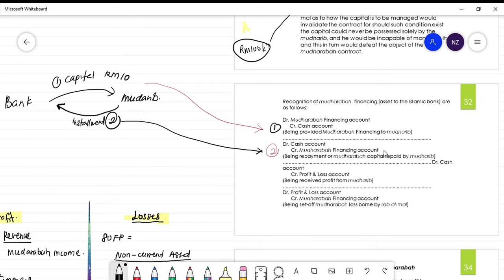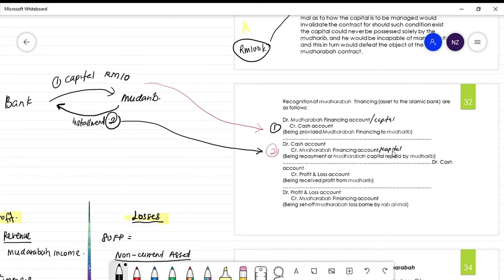So sebenarnya dia nak tulis kat sini ataupun tips lah, ataupun macam korang nak lebih understand lah, korang consider and assume Mudharabah financing account ni is the capital amount yang kita record tadi. Sama lah macam awal-awal kan, ini adalah capital yang kita berikan kepada Mudharabah tadi, tapi kita put it as Mudharabah financing account. So sama lah macam ni, disebabkan Mudharabah dah bayar duit capital tadi yang kita pinjamkan kepada dia tu kepada bank, dia dah bayar balik.